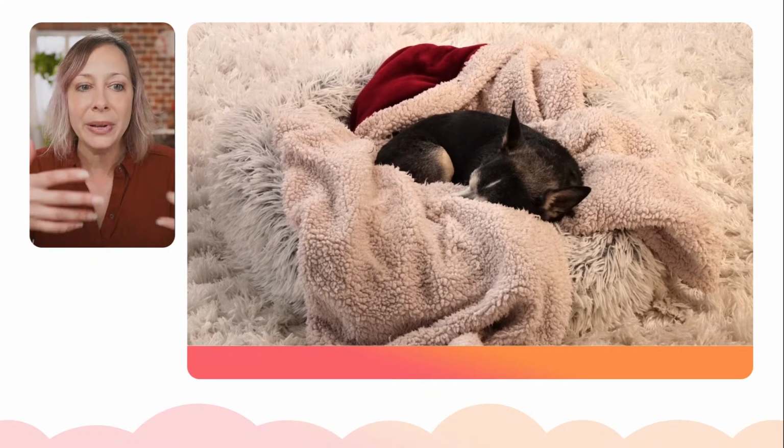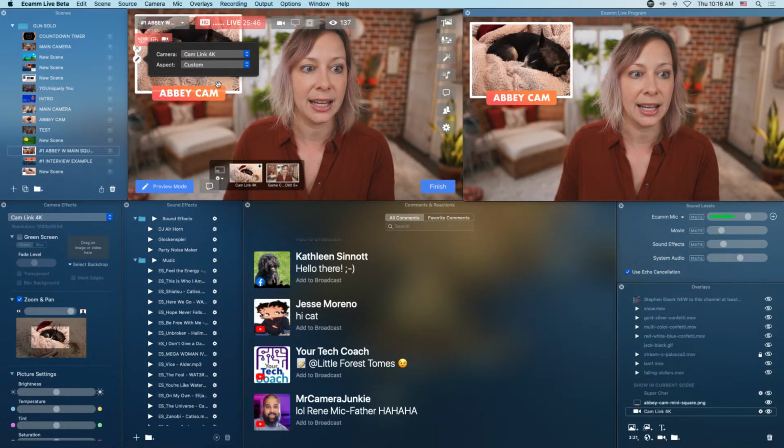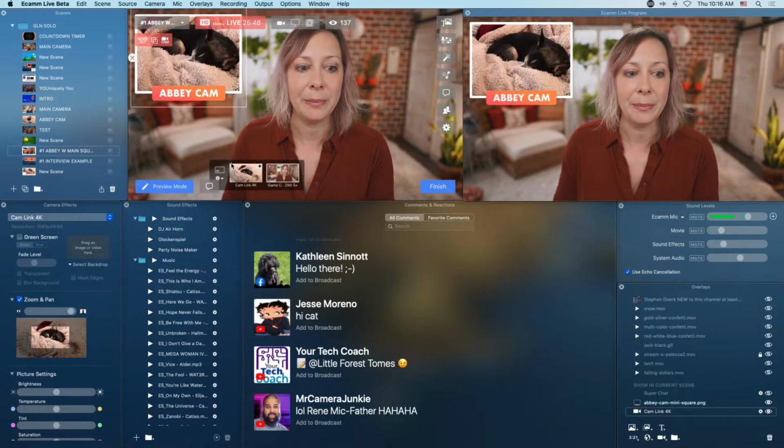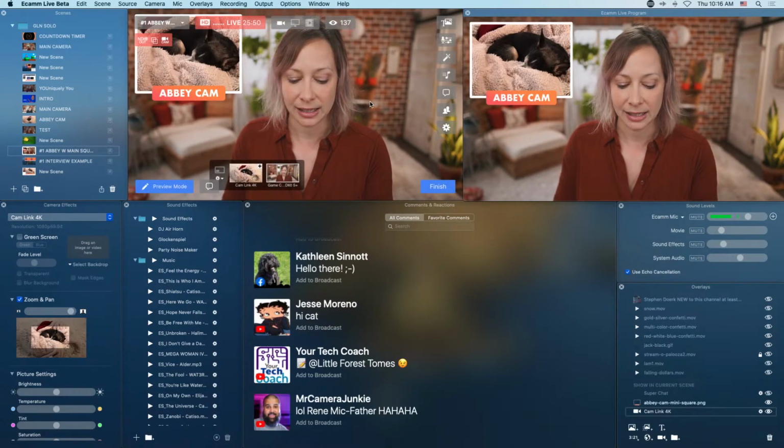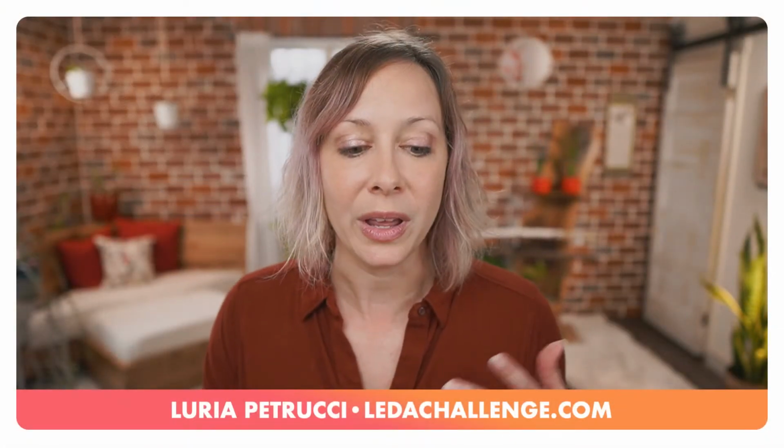So, you know, I built out this PIP, but you could also do something like this, right? It looks like I didn't have my Abby cam overlay, so I didn't build this one out, but this is another option for the end result. This is a camera overlay, as you can see. So we've got the camera overlay functionality here, right? With the overlay box and then the camera itself. So you can really do so much with these tips.